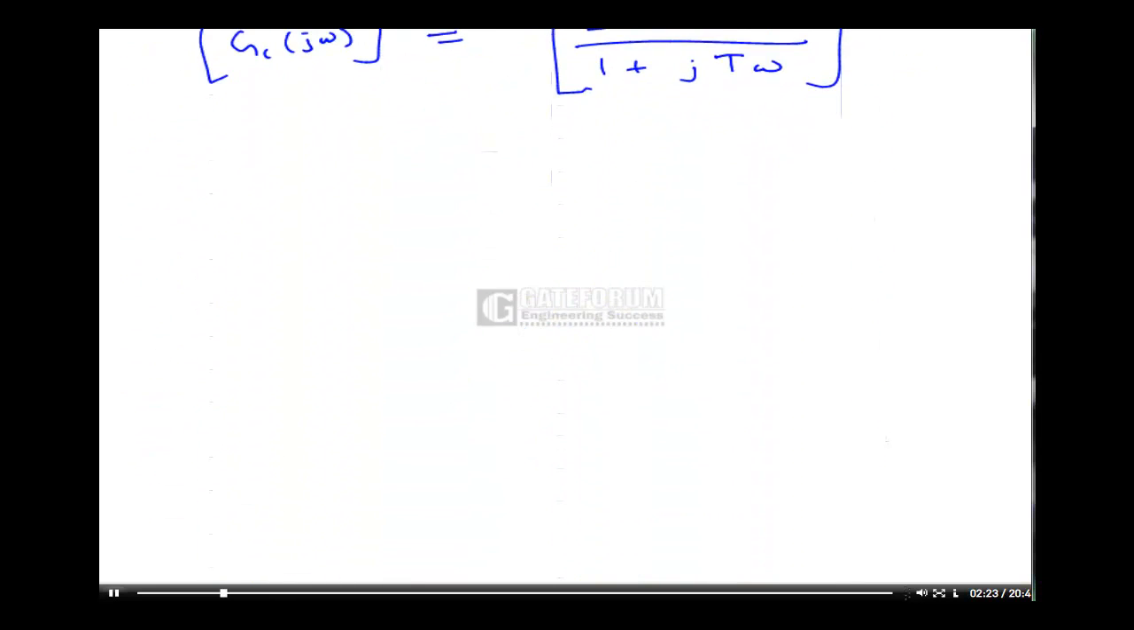Now, to get the maximum phase for such a phase lead compensator, I can differentiate with respect to omega and equate that to 0. When I equate this to 0, I will get some value of omega. If I find the phase at that value of omega, that will be the maximum phase. Or otherwise,